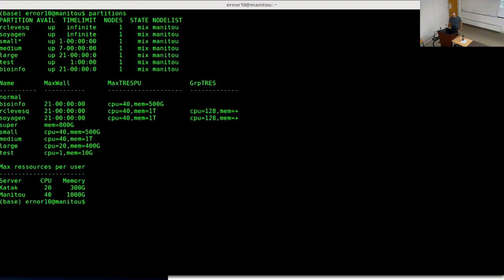So on the different servers, you have access to different partitions. Here on Manitou, these are the ones that are available. Most people have access to small, medium, large, and these have different amounts of time that you can use. So 1 day, 7 days, 21 days. And they also have different amounts of, and those might be outdated, but I'll show you where you can get